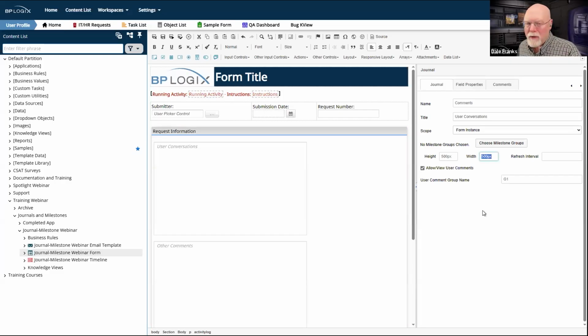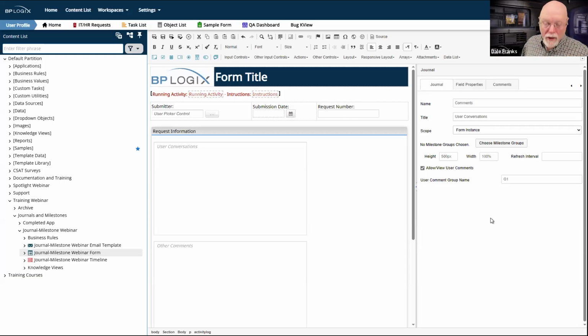I'm really more of a fan, especially for accessibility and responsiveness purposes, of setting this in percentages and specifically setting it to 100% rather than having it in pixels. The problem with setting it in pixels is that's going to be a hard number and it's always going to be that many pixels wide, which means on a really wide screen, like I have a big 32-inch monitor sitting right here in front of me, if I have everything maximized on a really wide screen, I've still got this tiny little dinky comment log box.